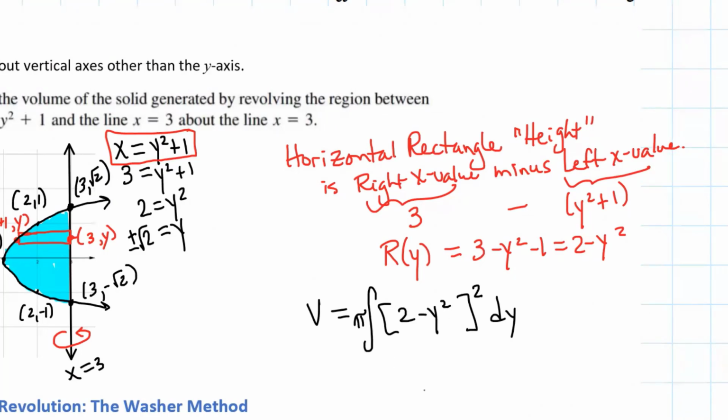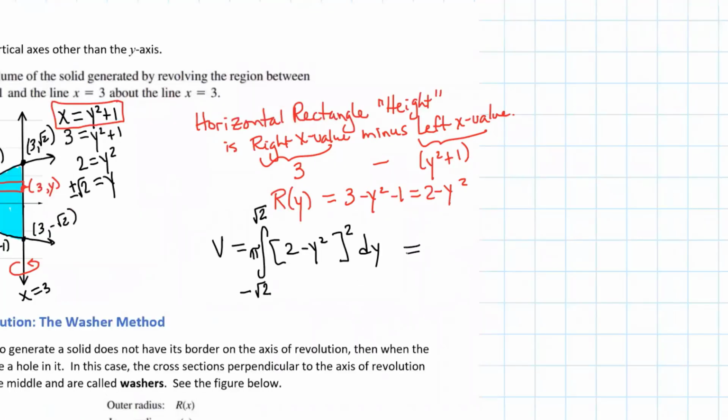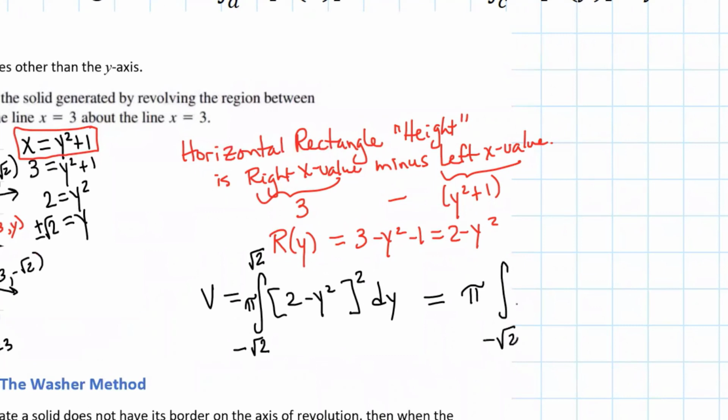Now, since it's a dy problem, the bounds are y values. So we have to go from the bottom y value to the top. What would the lower bound be? Negative square root of 2. See how that's the lowest point on the region? And then the highest point has a y value of positive square root of 2. All right, so this is equal to pi times the integral from negative root 2 to root 2 of,